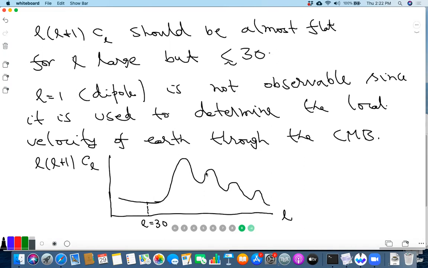What we need to explain is what these peaks are. That's what I'll try to explain in the rest of the class, where the peaks are coming from. I'll give the qualitative explanation, but the calculations are more or less straightforward. So I'll tell you how to do the calculation and then leave the actual calculation to you. Are there questions?